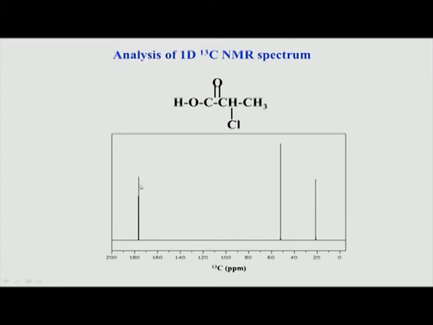So, this represents one carbon, this represents another carbon, this represents a third carbon. So, there is 1:1, 1:1. So, you expect equal intensities for all the 3, but that is not the case in carbon, because again the reasons were given as long T1 relaxation, and second is the NOE effect, because we